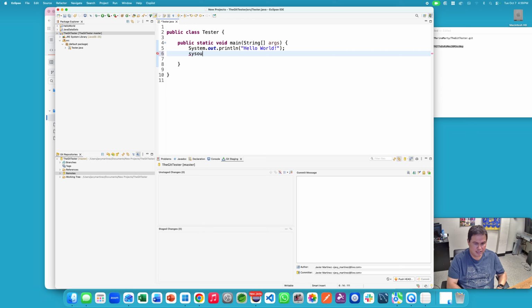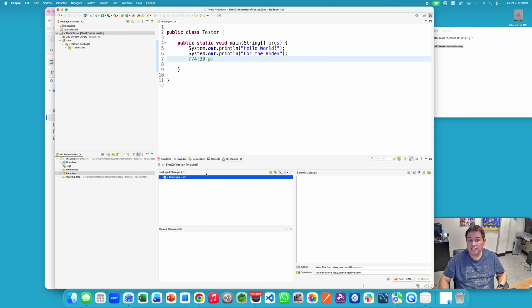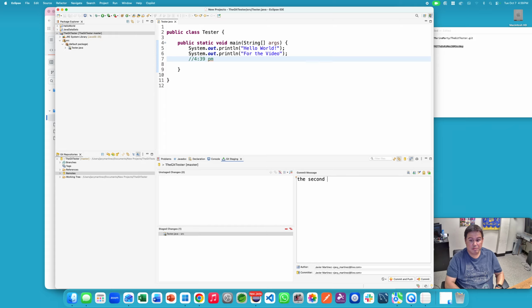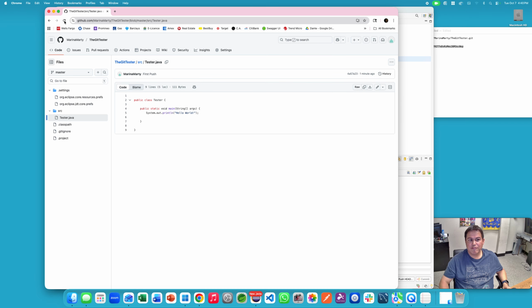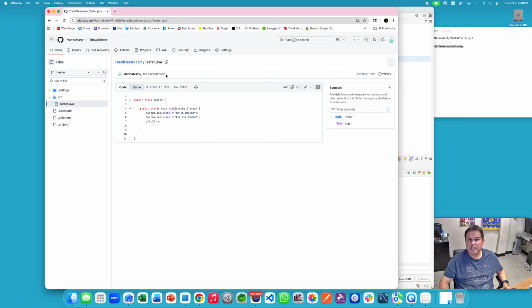I'm going to add this sysout for the video. And I will put, it says 4:39 p.m. right now. I'm going to hit save. As you can see, anything that you've saved automatically gets put into unstaged changes. I'm going to add this, and I'm going to put second push in the message. Commit and push. Boom. Automatically, that shows up. Refresh. The second push for the video,